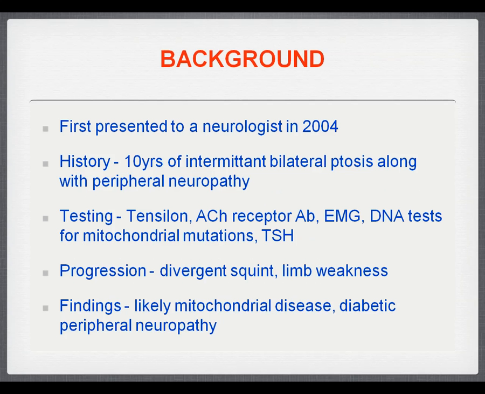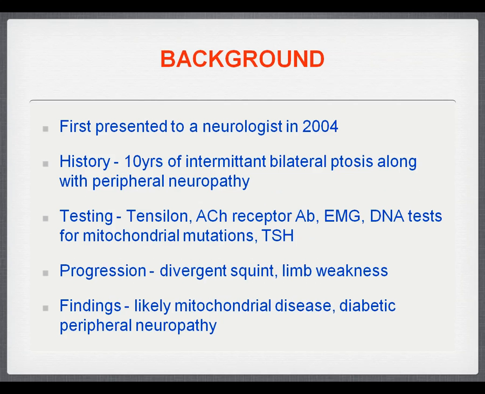So on talking to her, and then also later getting records from a neurologist that she saw, I built together a background of her illness, because she was, in some ways, knowledgeable about it, but in other ways was very vague and dismissive about things. So she first presented in 2004, and she hadn't told me this bit, but she presented to the neurologist with a 10-year history of intermittent bilateral ptosis, and also her major issue was painful peripheral neuropathy that she had mainly in her feet, but it was also in her hands.